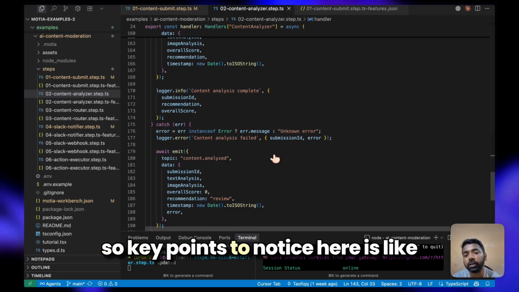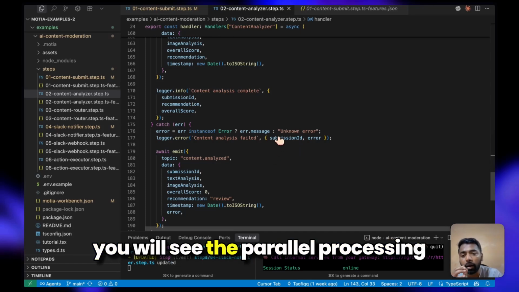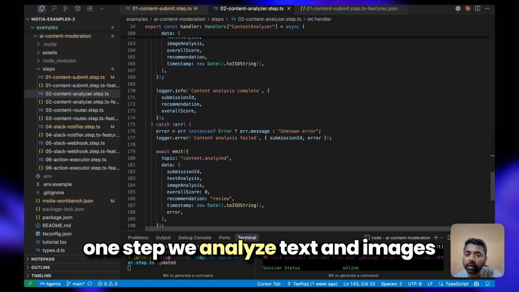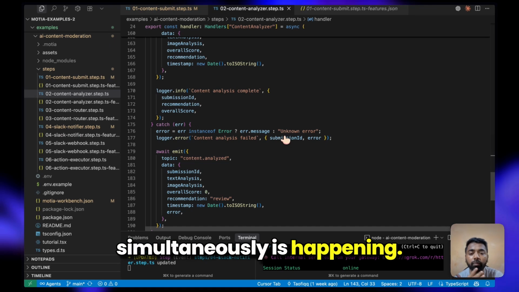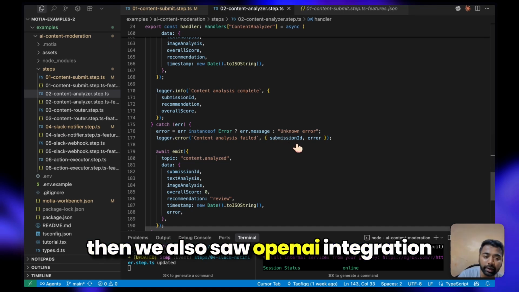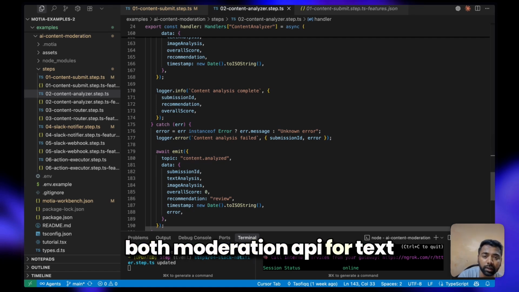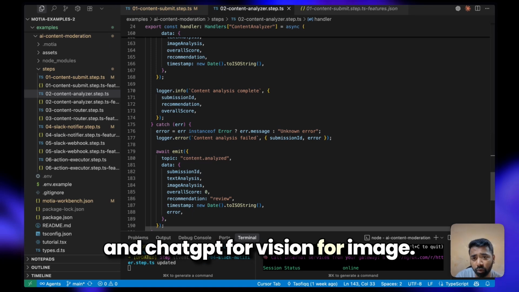So that result is emitted directly for the next step. Key points to notice here: you will see parallel processing happening across one step. We analyze text and images simultaneously. Then we also saw the OpenAI integration, using both the moderation API for text and ChatGPT for vision on images.